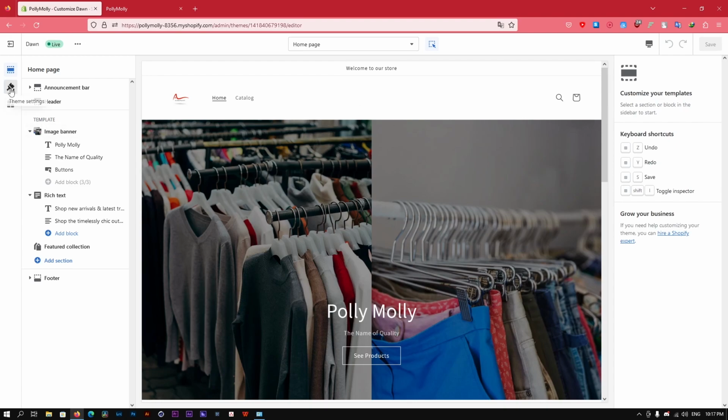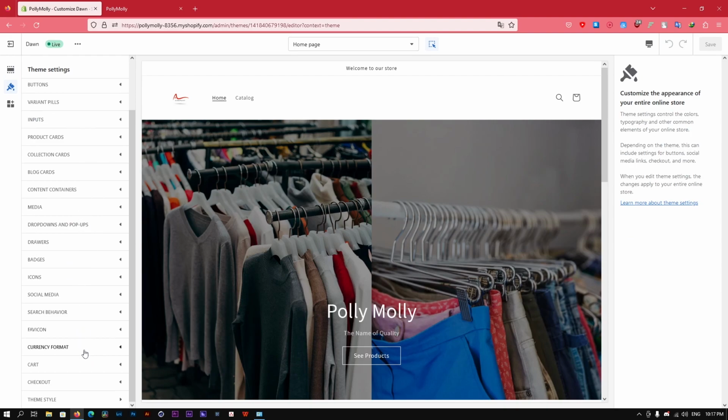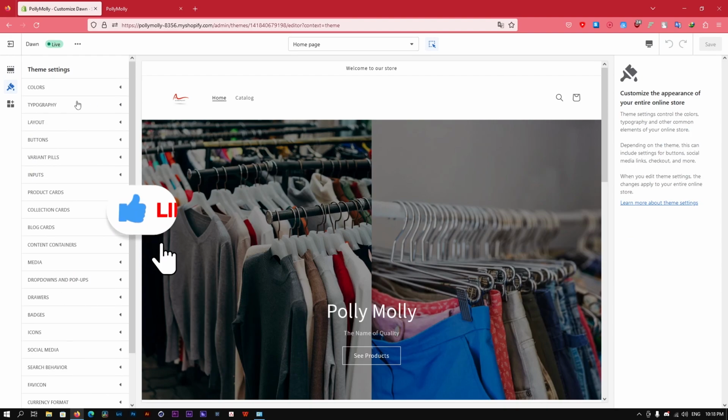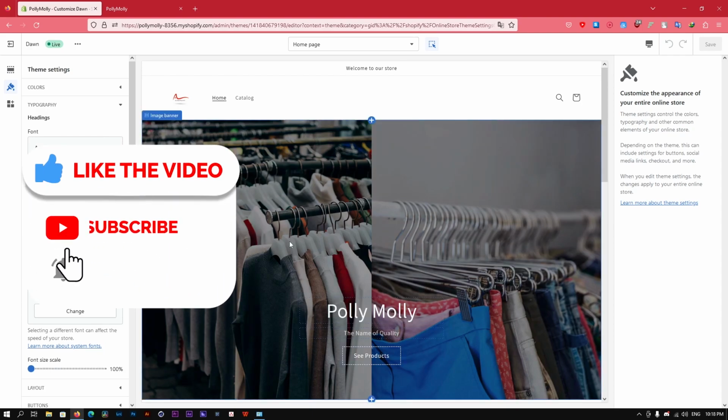So this is the theme settings. Click on the theme settings, and this is all the options that you'll get here. Now, you're going to click on typography, because we know that all the fonts and everything come along in the typography section, right? So now we're going to click on typography, and as you can see, here's